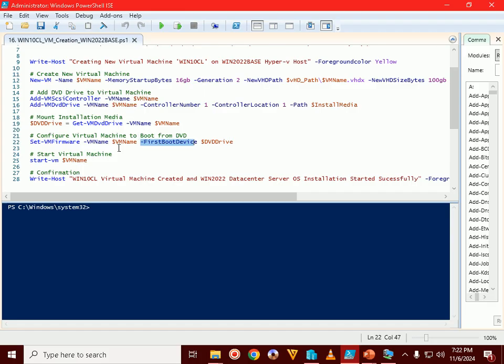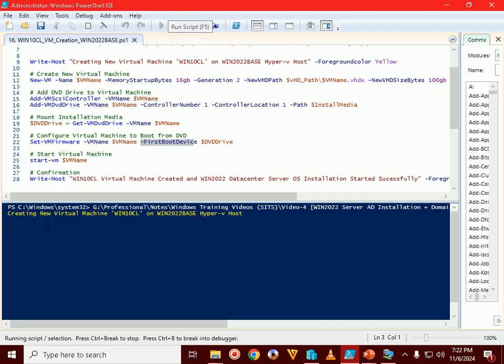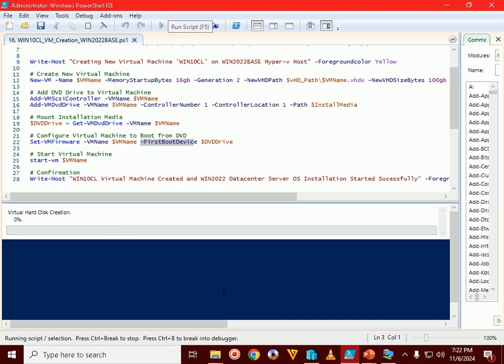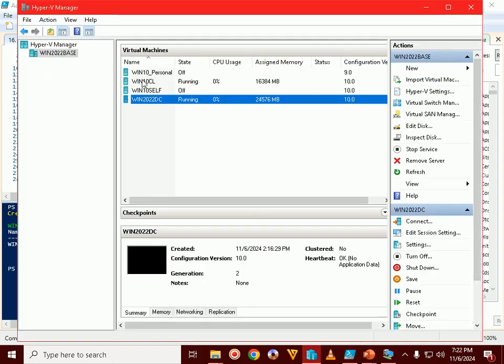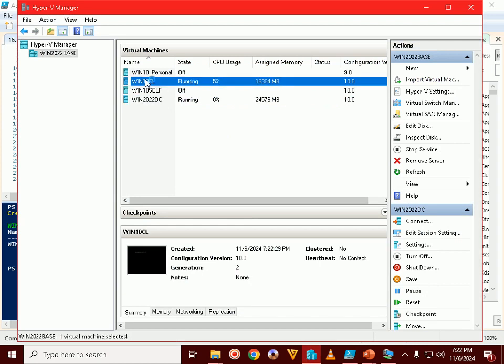It's the same script that we executed in the previous part for the Windows 2022 DC VM creation. But it's a new VM. So I'm executing this script now. You can see it is creating a new virtual machine. I'm quickly going back to my Hyper-V console, and now you can see this new virtual machine has been created,